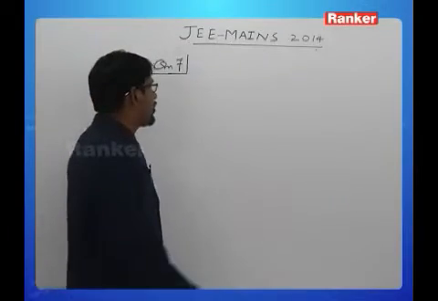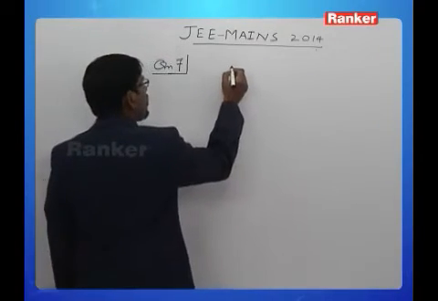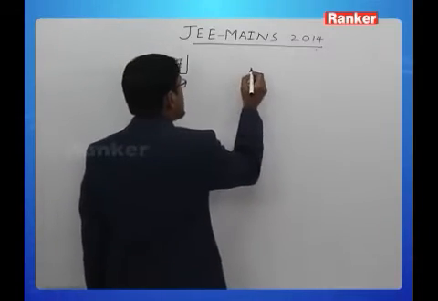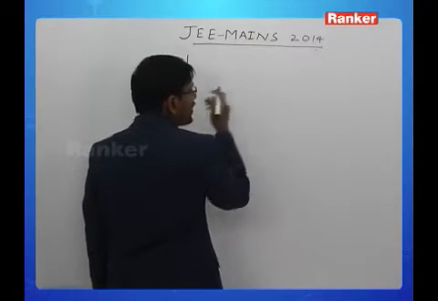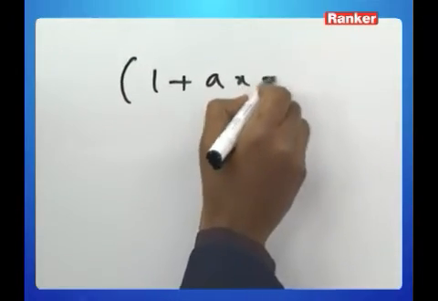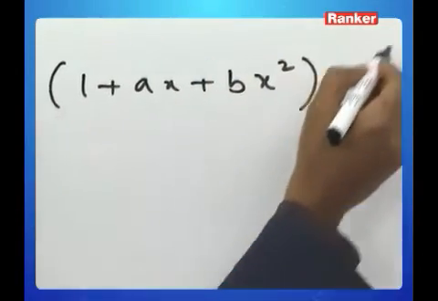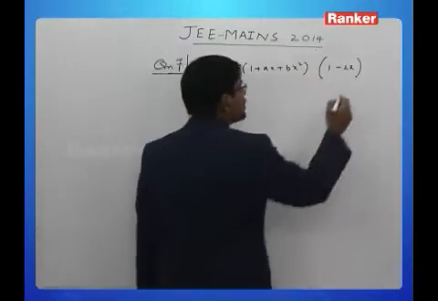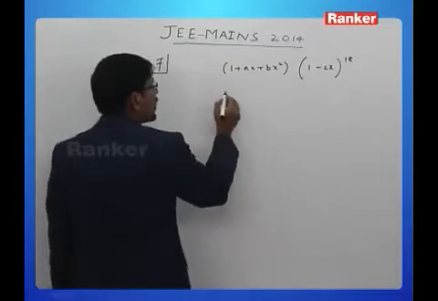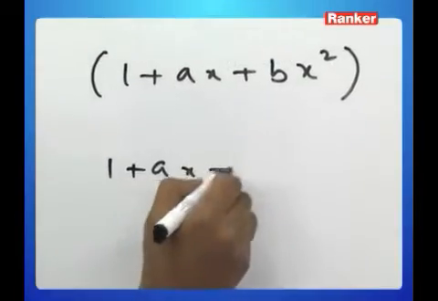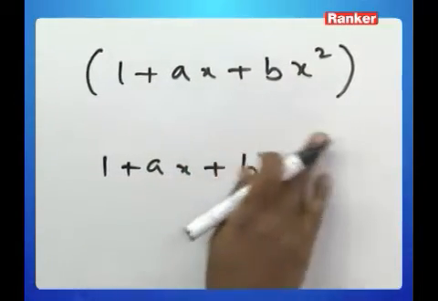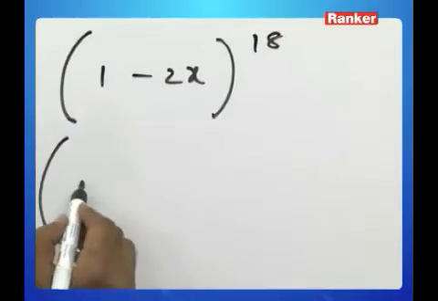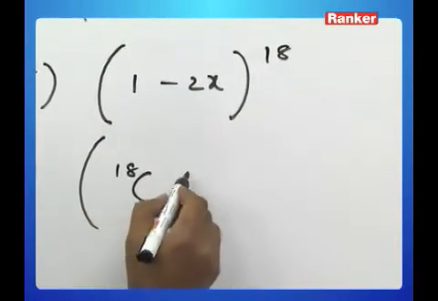Right. So let's have a look at this here. We are interested in equating the coefficient of x cube and x power 4 both to 0 in the expansion of 1 plus ax plus bx square into 1 minus 2x raised to the power 18. 1 plus ax plus bx square, let me just copy it as it is. And this 1 minus 2x raised to the power 18, we can write this as 18c naught